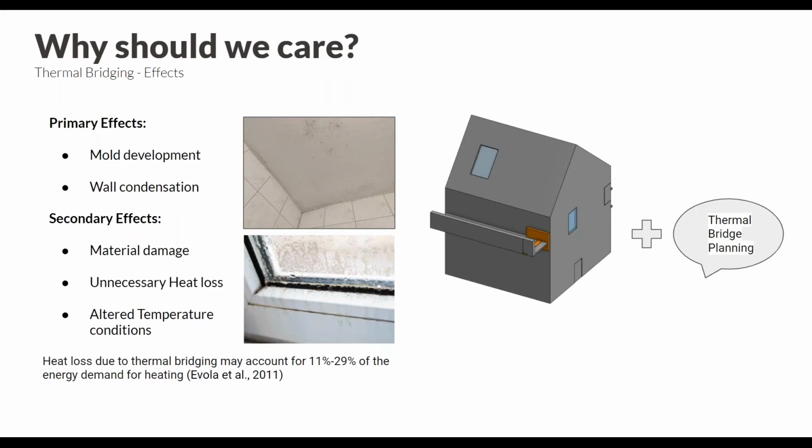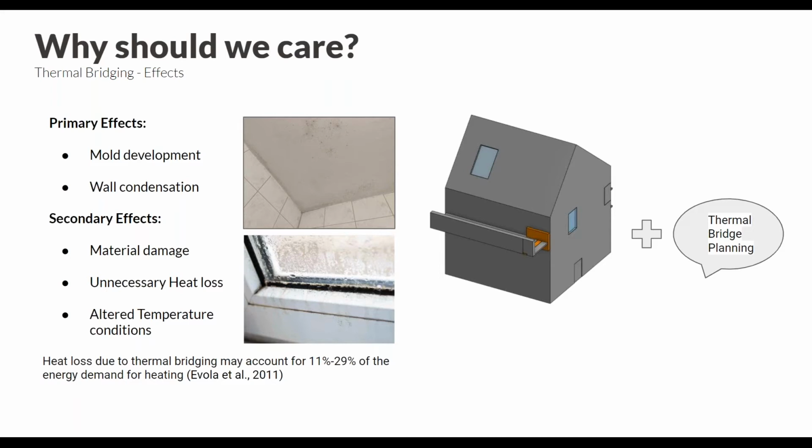And on the right, let's see what we can actually save when you integrate or plan properly for thermal bridging in the design phase itself. Because once the building is erected and all these materials are already set, it's pretty hard to replace them, or it might cost you a lot in case you're affected by mold or any other tertiary effects that we have already seen. So in order to avoid that, we need to integrate this into a design workflow before the production level